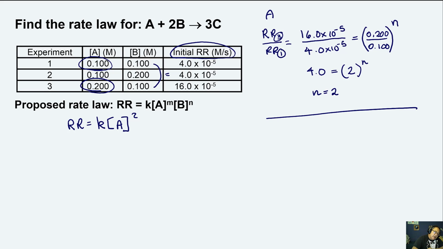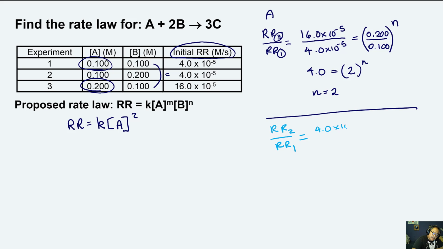B doubles. B goes from 0.1 to 0.2. So let me change my colors now. I'll do blue. Yeah, that'll show up good. So I'm going to do reaction rate 2 over reaction rate 1. And that's going to be equal to, let's see,